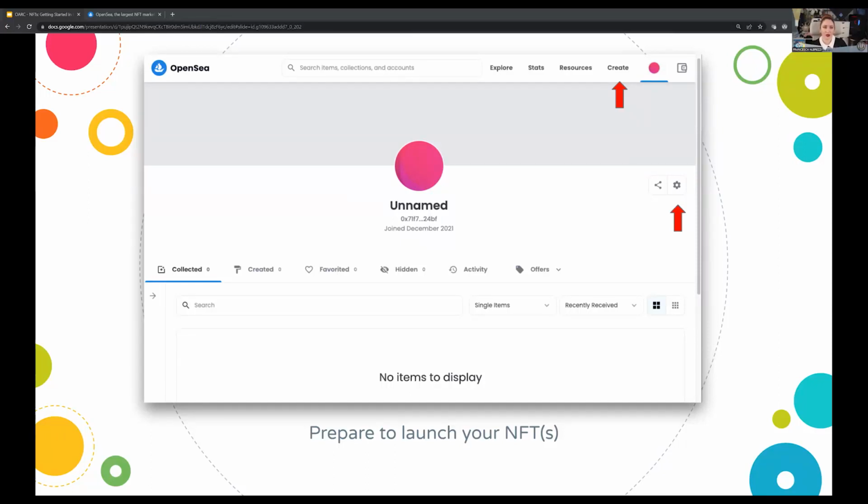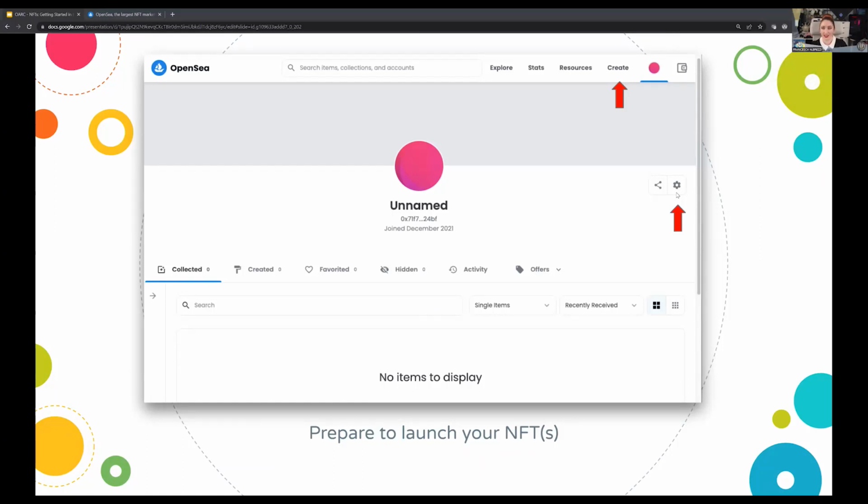Before you click Create again at the top to start making your first NFT, you'll want to go into settings by clicking on the gear icon over here. That way you can make your profile more specific. So rather than being unnamed with a colored dot, you can actually make your account personal. So go to this icon over here on the right.